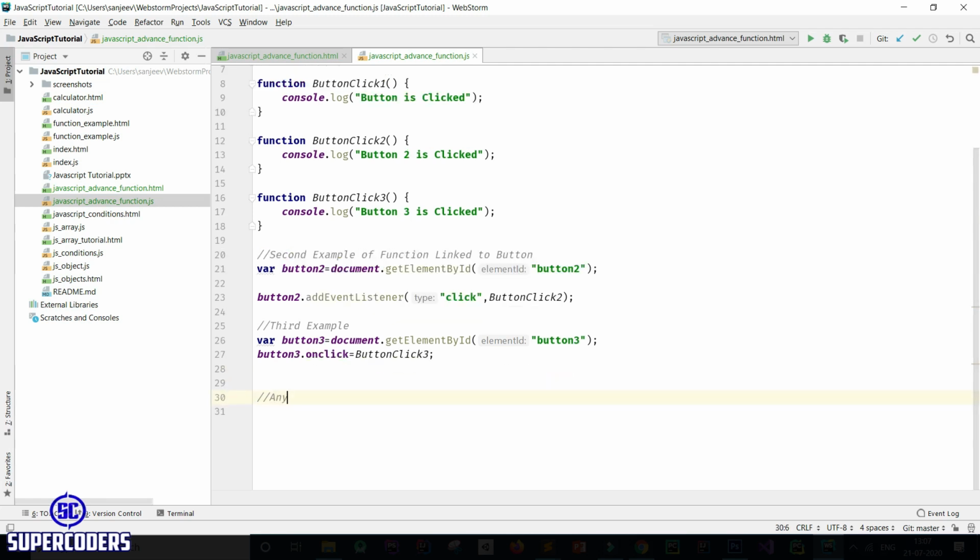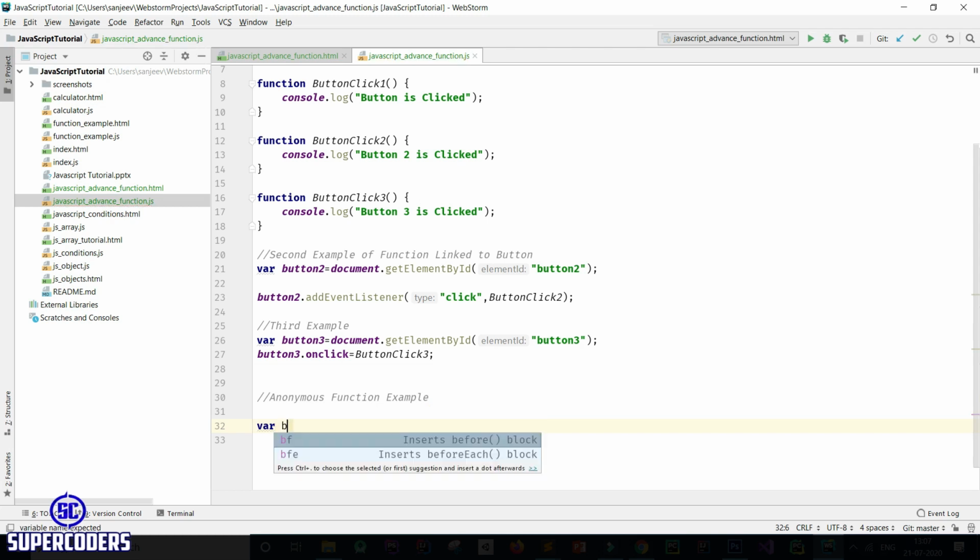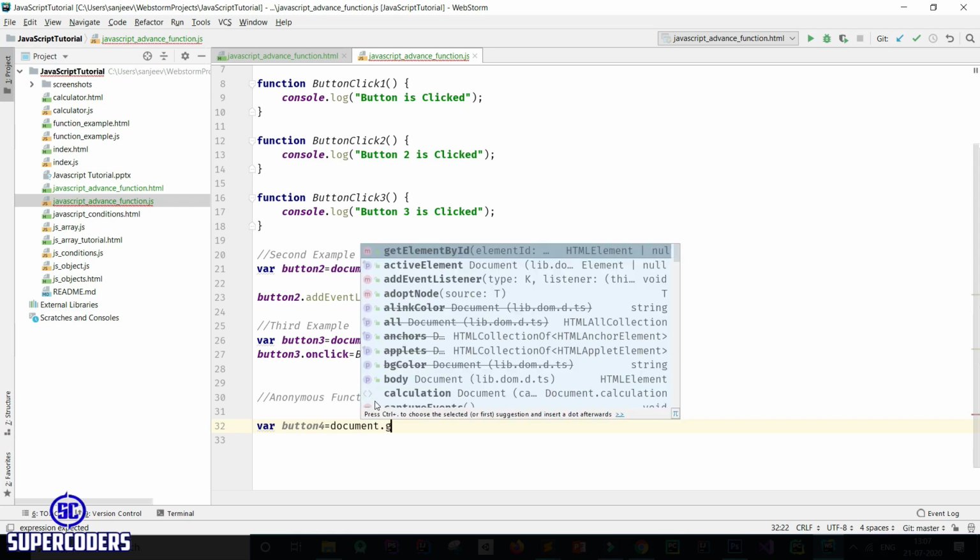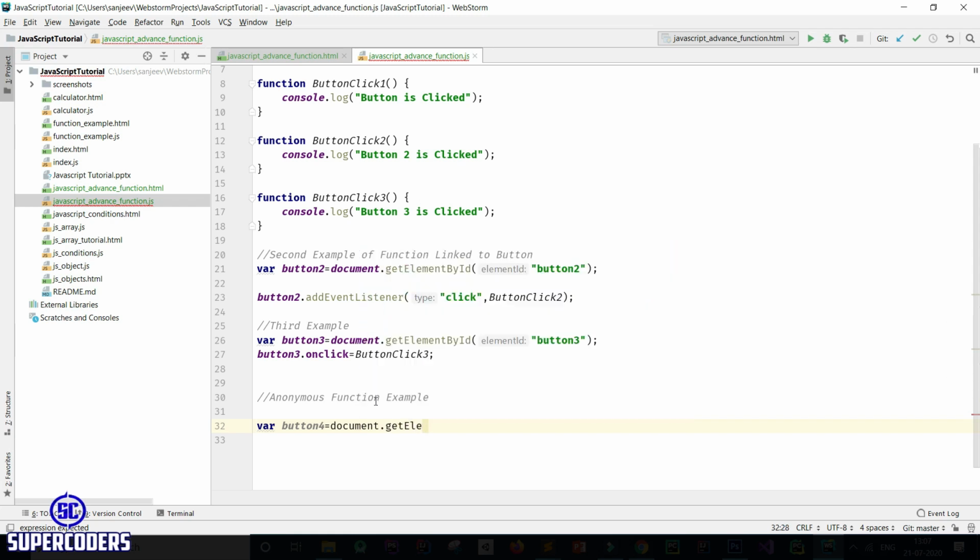Adding a comment, anonymous function example. Then first accessing button4, where button4 equal to document.getElementById, then passing button4.